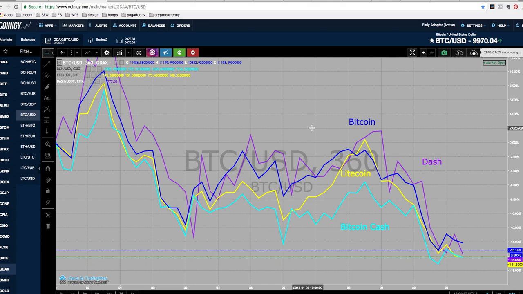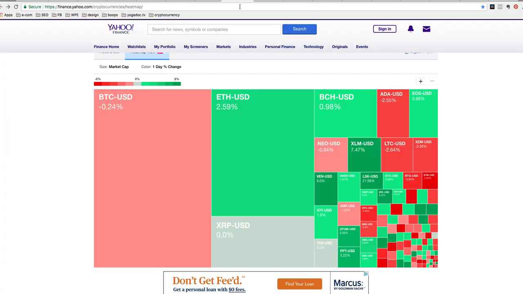These are some of the new tools that we're excited about, that we're using for cryptocurrency research, and we recommend that you put these tools to use and do your own research so you can make better, more informed, research-backed decisions. Now, the first one that I like for just a snapshot of the markets is the Yahoo Finance cryptocurrency